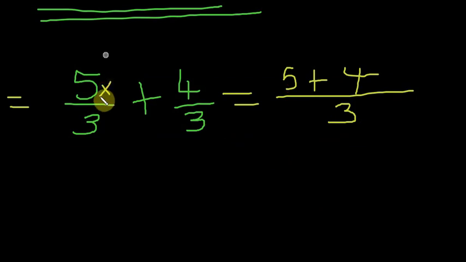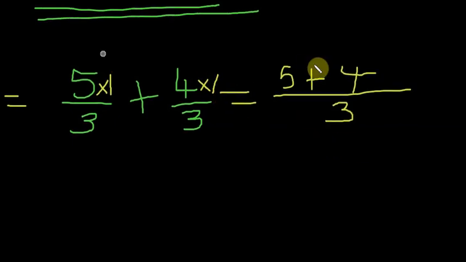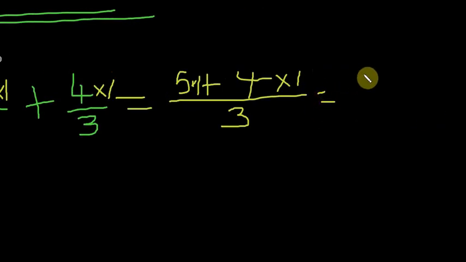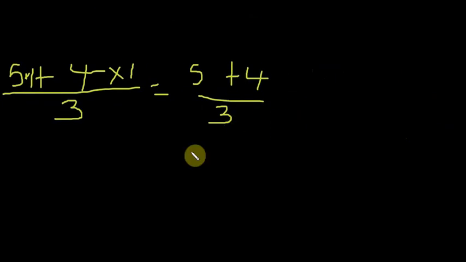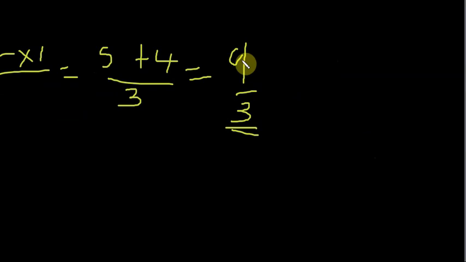I did that because 3 in there it's 1, so 5 times 1. 3 in there is also 1, so 4 times 1. 5 times 1 will give you 5, 4 times 1 will give you 4, and everything over 3. So 5 plus 4 gives us 9 over 3 as our final improper fraction, but this